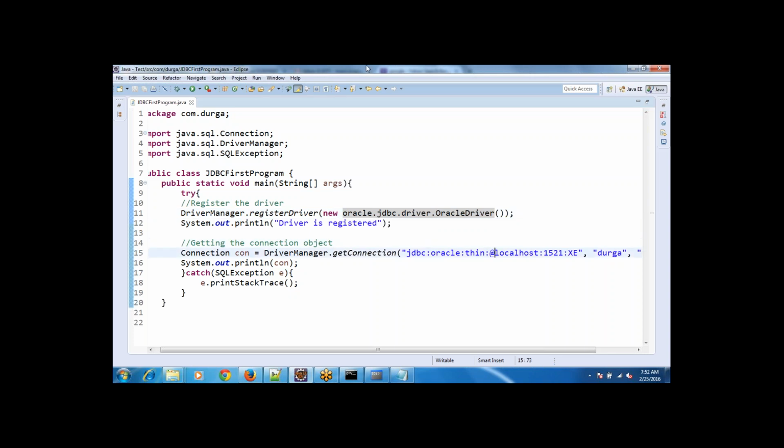And Yari, you asked some question, right? We're trying to get connected to a database, right? That's what we are doing. But we didn't create any